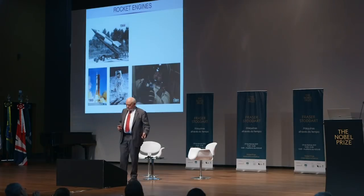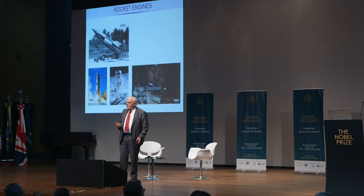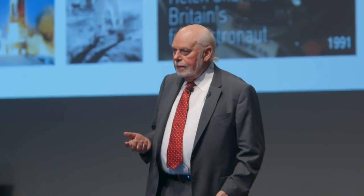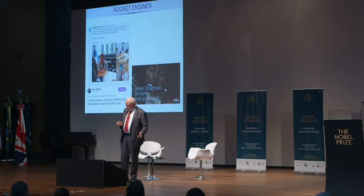Rocket engines. So they came into being rather sadly during a war. But in more recent times, in 1969, we had the first landing on the moon by Buzz Aldrin and Neil Armstrong. And then very close to me is the fact that a young student, Helen Sharman, was the first student or first astronaut to be put into space, courtesy of the Russian Cosmos